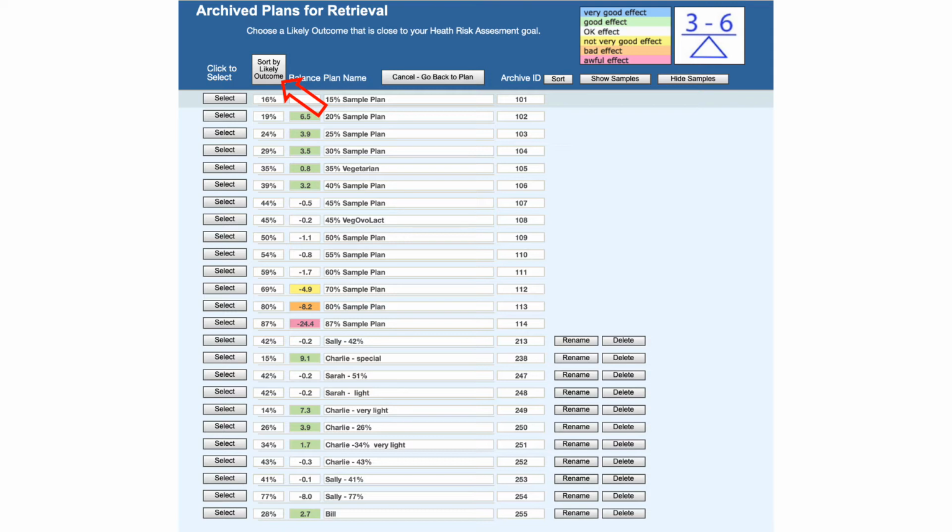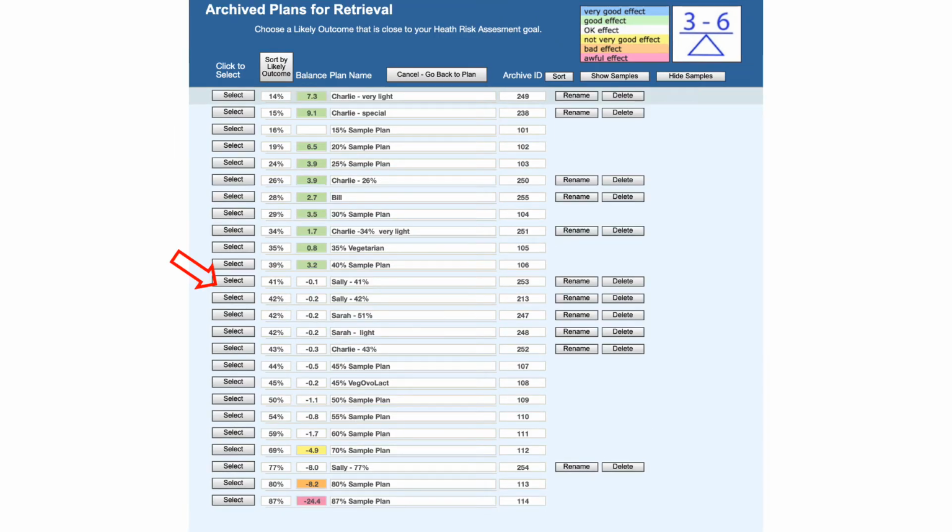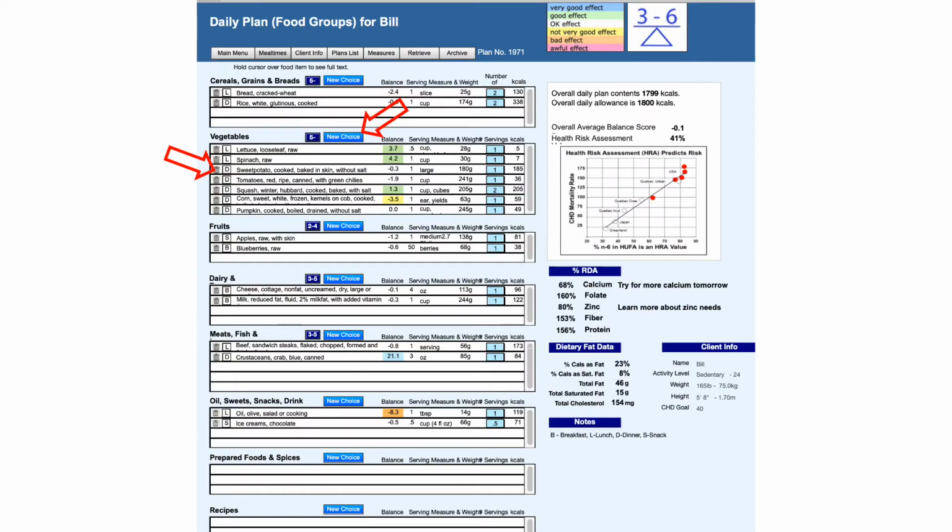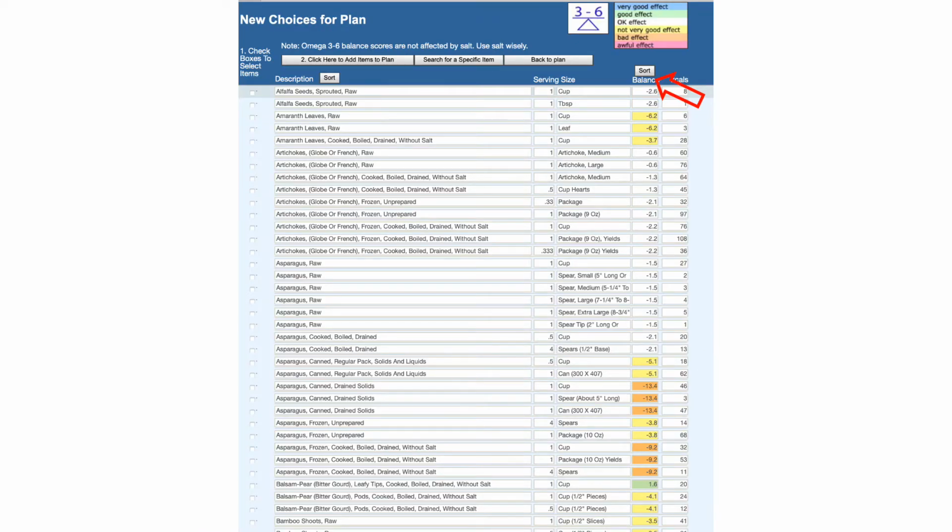The plans can be sorted by their likely health risk assessment value to focus on plans that meet your personal goal. Select a plan with the desired omega balance, and then use the trash button to delete food items you don't want to eat, and use the New Choice button to find foods that fit